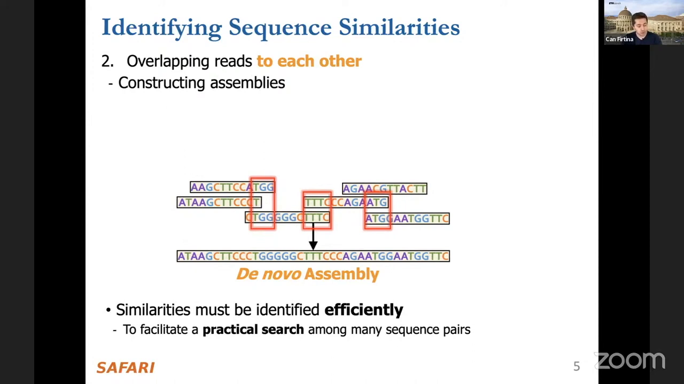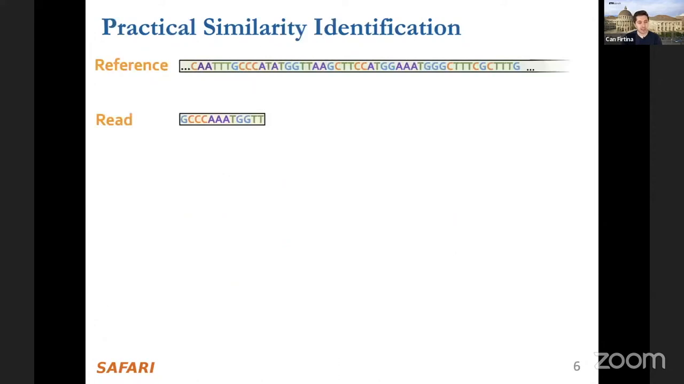To facilitate a practical search among many sequence pairs, we want to do it efficiently. If we cannot, imagine mapping a single read to 3 billion different regions in the reference genome, in the case of the human reference genome. It would be extremely inefficient. So to facilitate a practical similarity search, for example between a read and the reference genome, which, as I said, can be 3 billion characters,